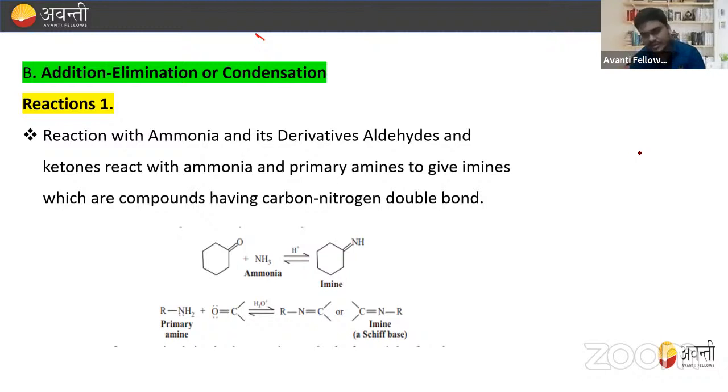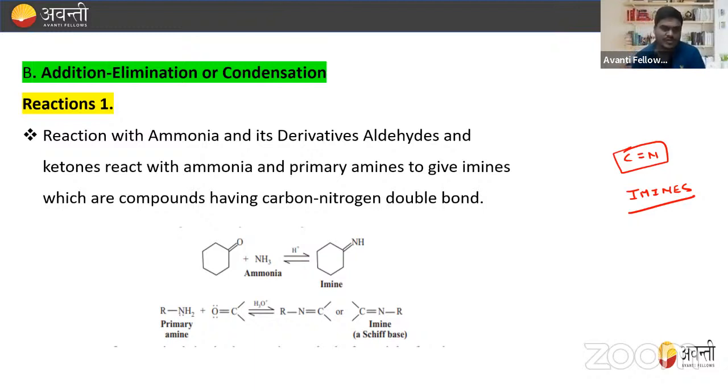So always remember this, wherever you get a bond like this, carbon nitrogen double bond, this is known as imine. Always remember, this is known as imines. Right. So aldehyde and ketone react with ammonia and the primary amine to give imines, which are compounds having the carbon nitrogen